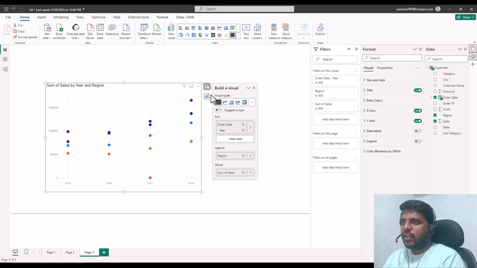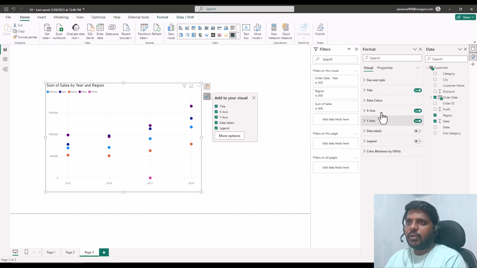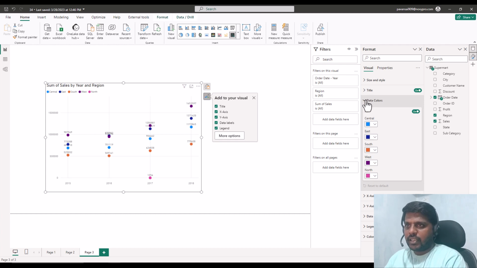And in order to see the legends, you could click on this format, turn on the legend, and if at all you like to view the data labels, you could turn on the data labels. Okay, here we have few formatting options where we have data colors, x-axis, y-axis. These are normal features where we could change the values and understand by changing the colors, x-axis and y-axis formatting, data labels